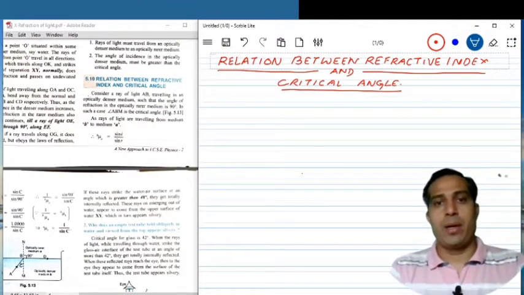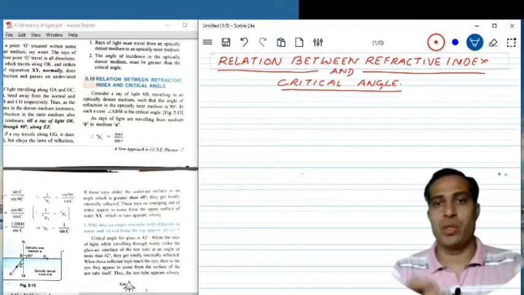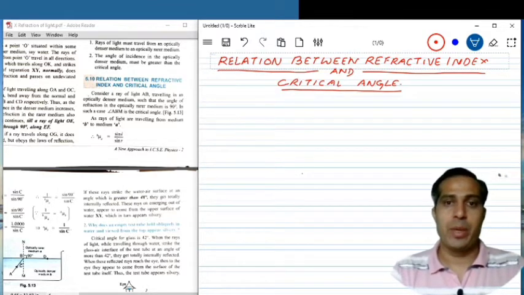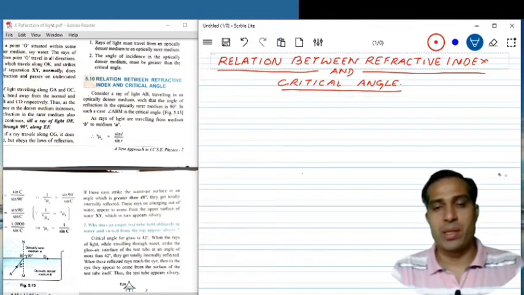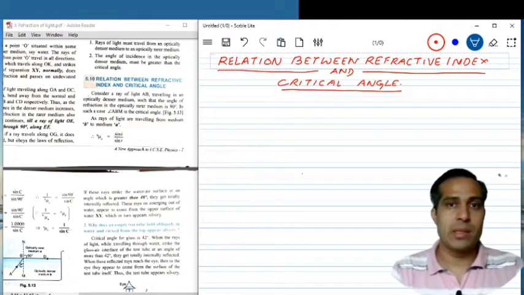Critical angle is the angle of incidence in the denser medium corresponding to which the angle of refraction in the rare medium is 90 degree. That we have discussed already when we have done the critical angle, and refractive index that we have already discussed, that it is the ratio of sine of the angle of incidence to the sine of angle of refraction. So now we are going to discuss in today's video what is the relation between the refractive index and